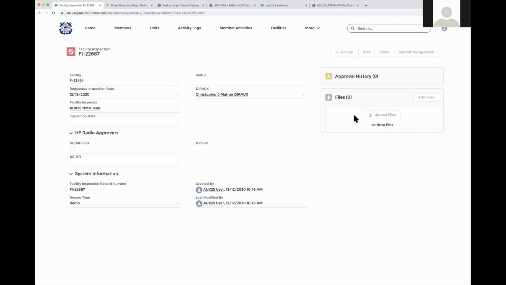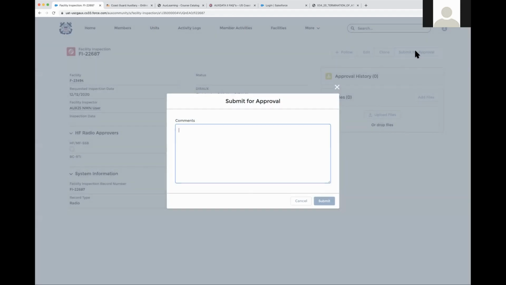Once those are completed, then they get uploaded and associated with the facility record. And now you can go to the submit for approval. And this will be, let's say, submit inspection approval,